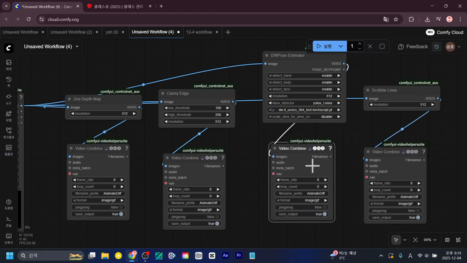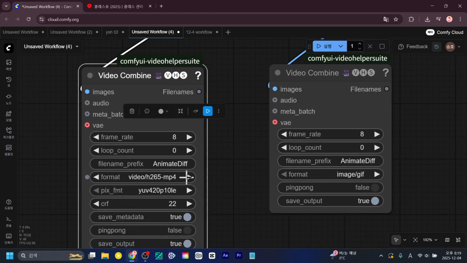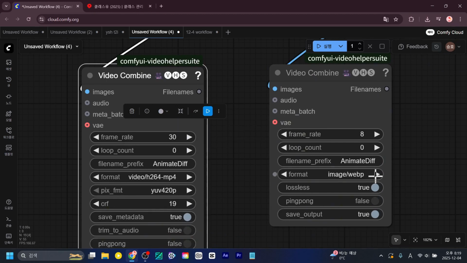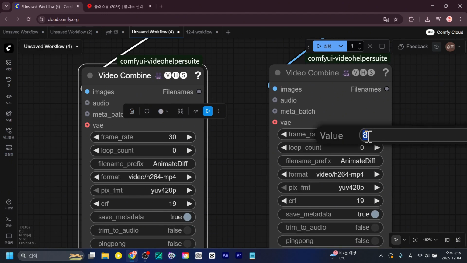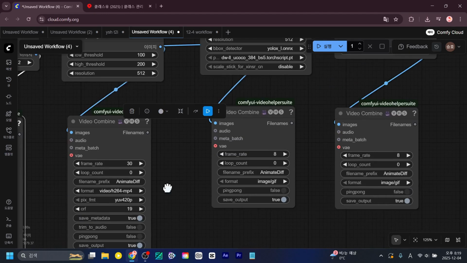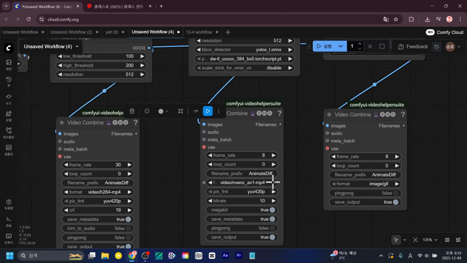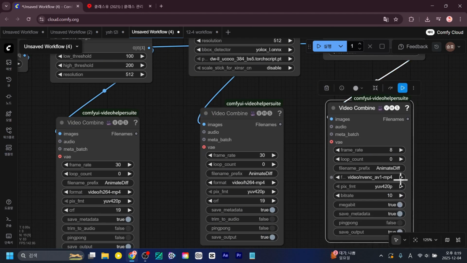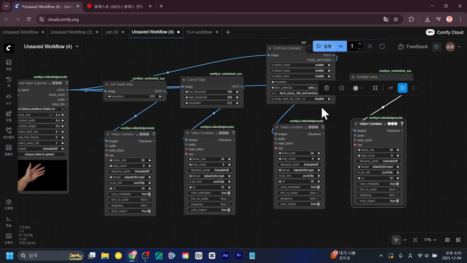ControlNet is done. Then, as before, I'll set it to 30. Since it's 30 frames, 30, 30. The number 30. Next, I will simply press the Q button, then...